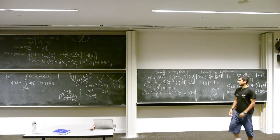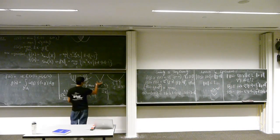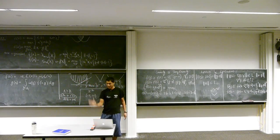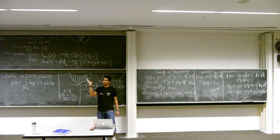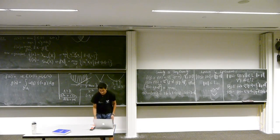But again, maybe you want to see that after you learn what subgradients are. Broadly, they're just a generalization of the gradient. The gradient is a slope. If there's not one slope but many possible slopes, then all of those are subgradients. Okay, any